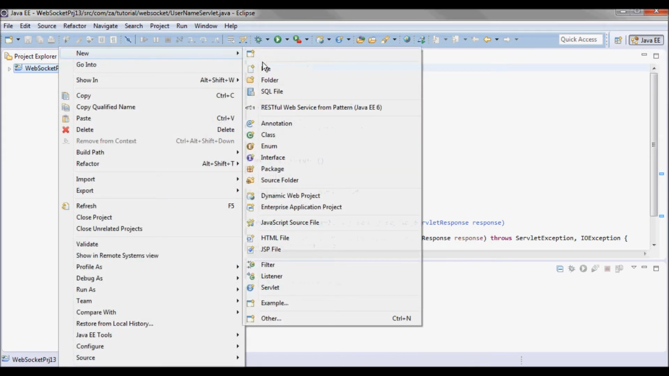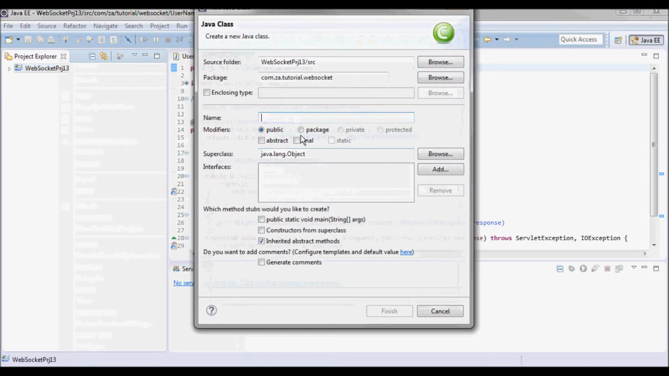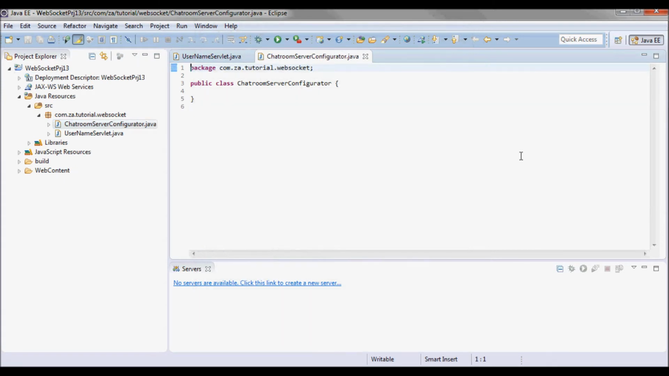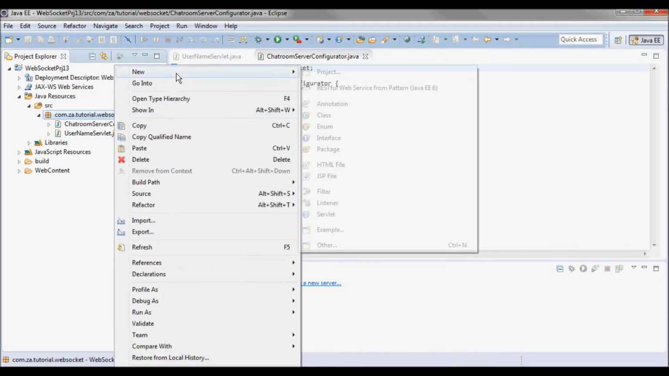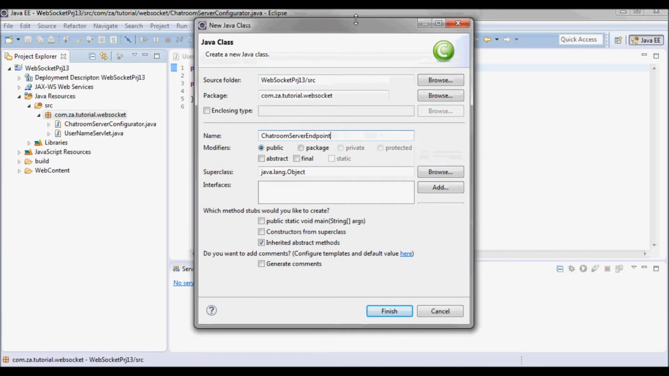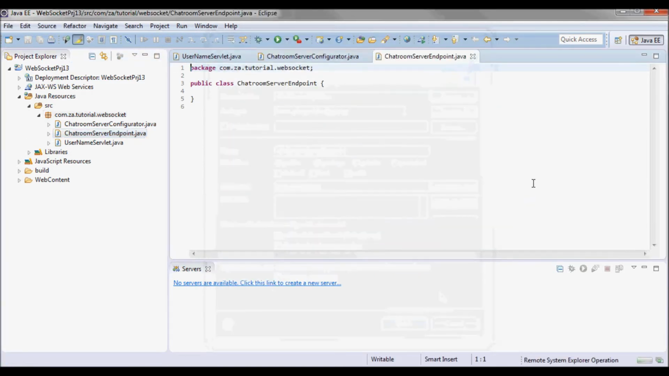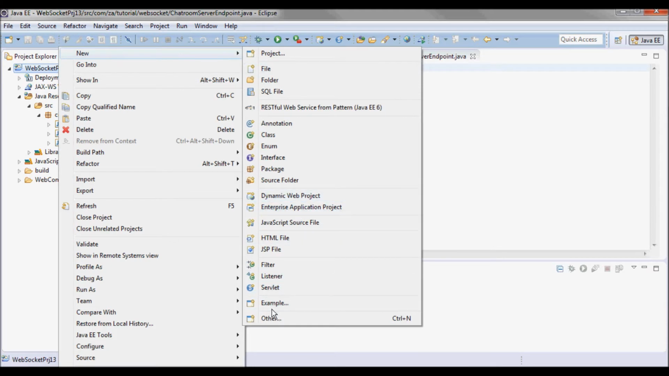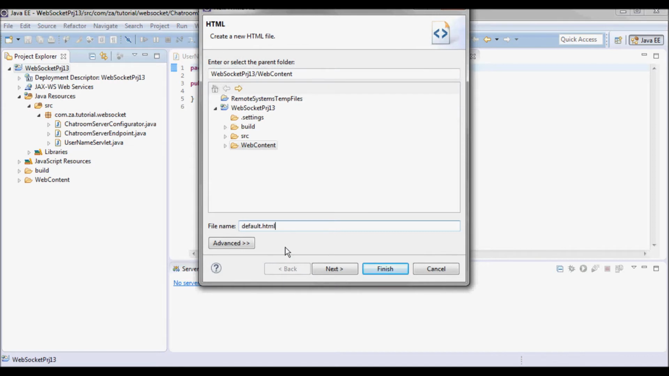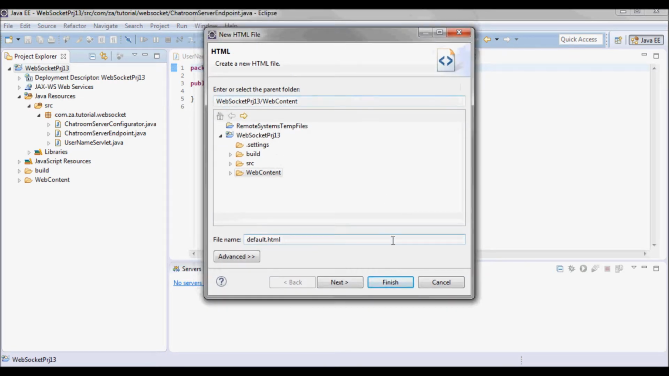and I'll also create a ChatRoomServerConfigurator, and a ChatRoomServerEndpoint, and the HTML client is going to be default.html,